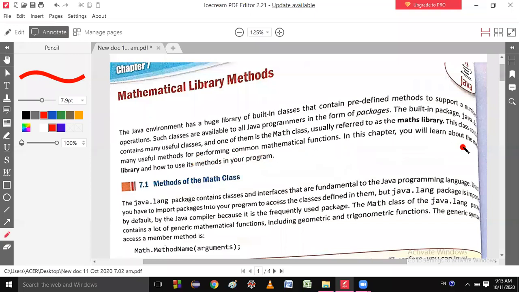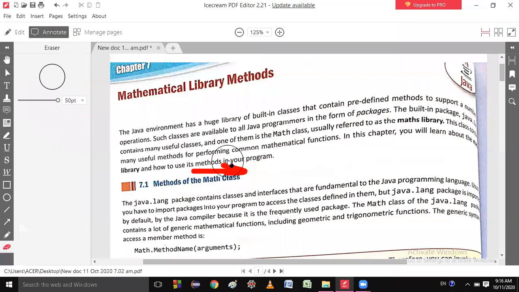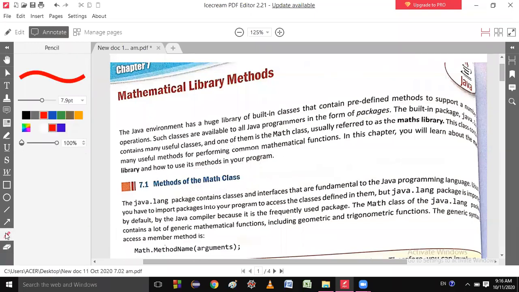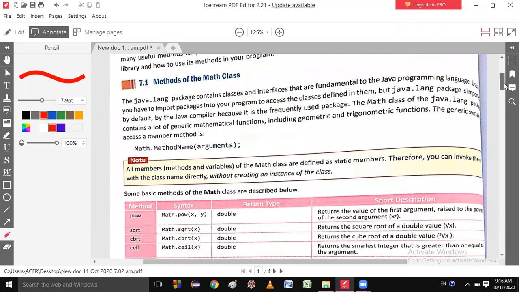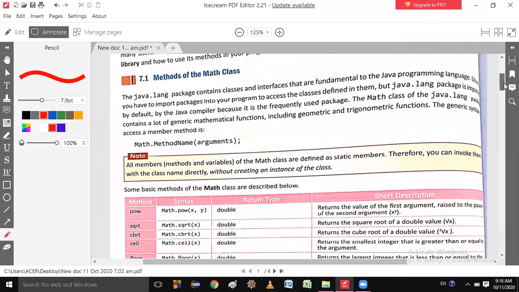In this chapter, you will learn about this library and how to use these methods in your program. So this Math class has many mathematical functions, so you can use those functions and do your work. In this chapter, we will study those mathematical functions. Is it clear to you?